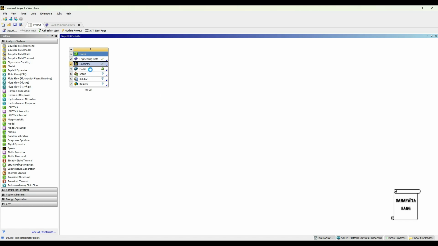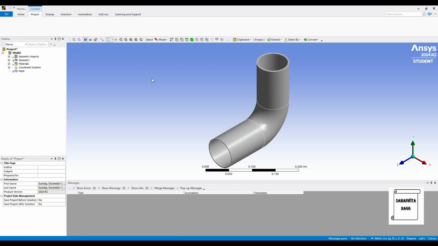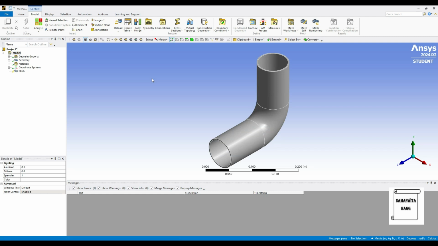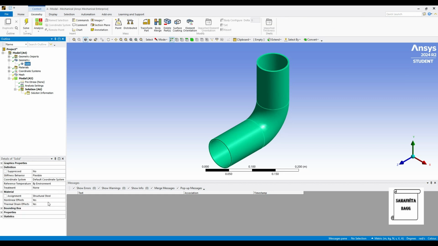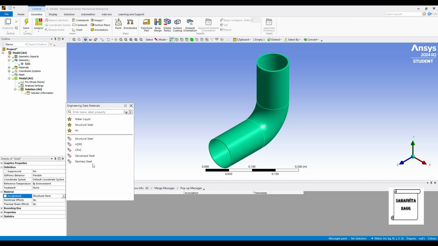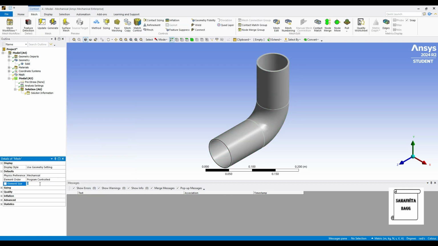Next I'll go to model and double click on it. First I'll go to geometry, select solid. I'll change this material to stainless steel. Then I'll go to mesh. I'll change the default size to 0.01 meter and generate.